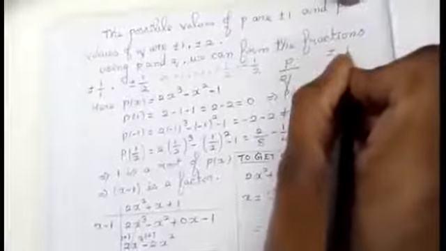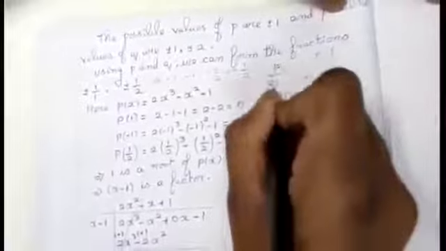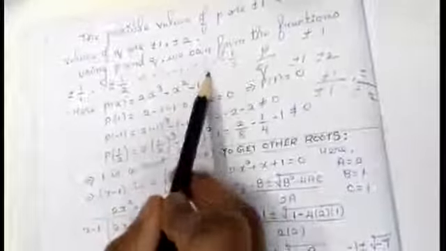Using p and q, we can form the fraction p by q. Plus or minus 1 for p, and plus or minus 1 and plus or minus 2 for q. P by q means what am I going to do? Plus or minus 1 divided by plus or minus 1, and another combination, plus or minus 1 divided by plus or minus 2. Using this combination, positive and negative, you split it. You will get 1, minus 1, plus 1 by 2, minus 1 by 2. Now I am just guessing the solution. So these values may be the solution for the particular equation.